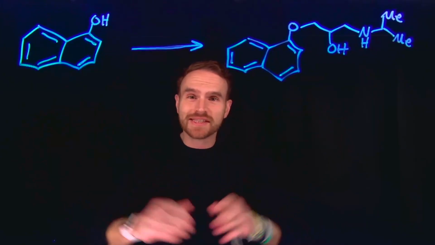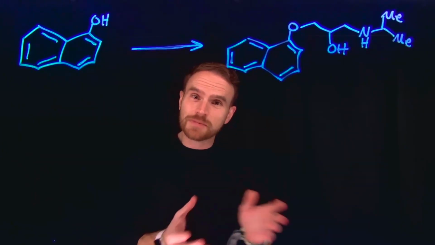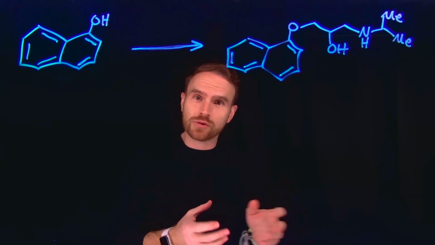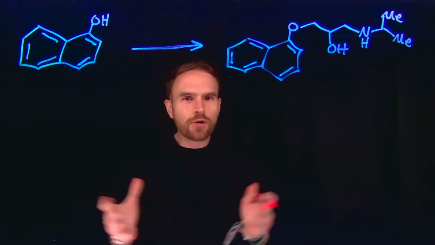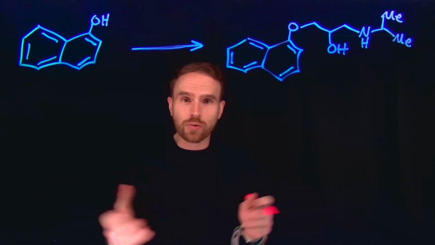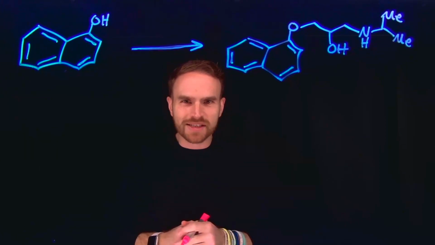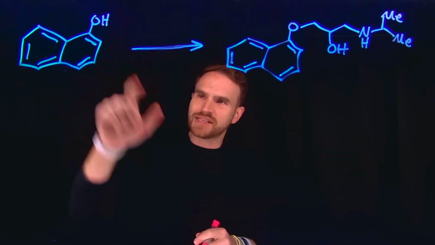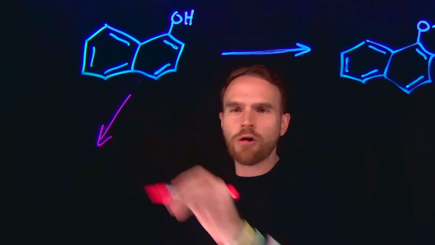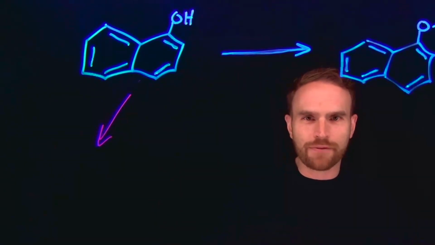Above is the synthesis of propranolol, which is in the specific class of drugs known as beta blockers, which help treat heart disease and even reduce the side effects of things like anxiety. And there are multiple ways to achieve this synthesis, starting with naphthol, getting all the way to propranolol. One of the most common pathways is going to be through the alkylation of this alcohol to give us an ether. And we can do that by deprotonating the alcohol and then adding an alkyl bromide, for example, to do